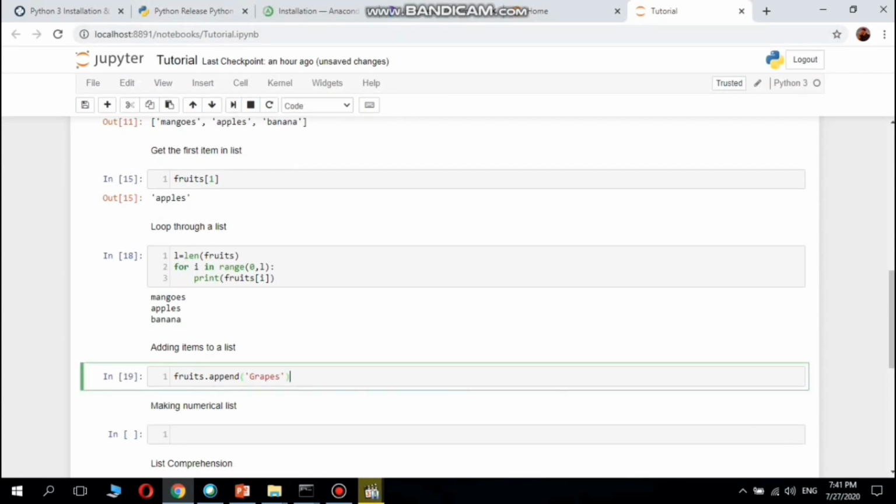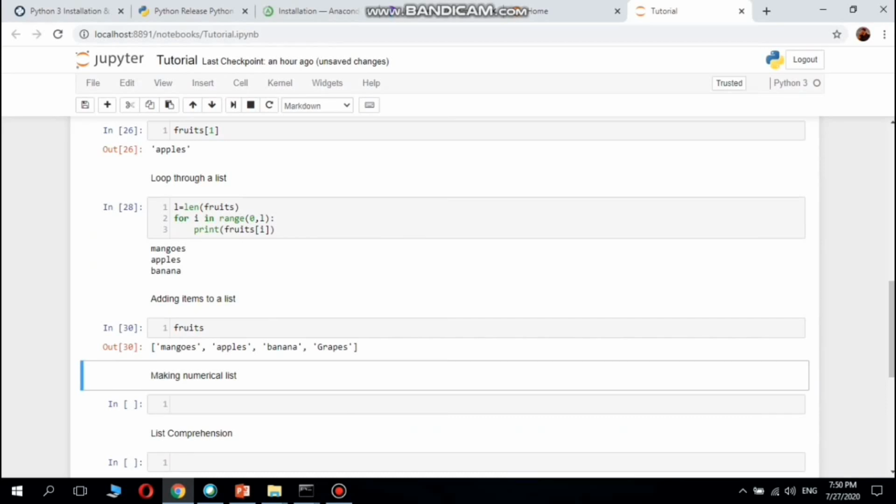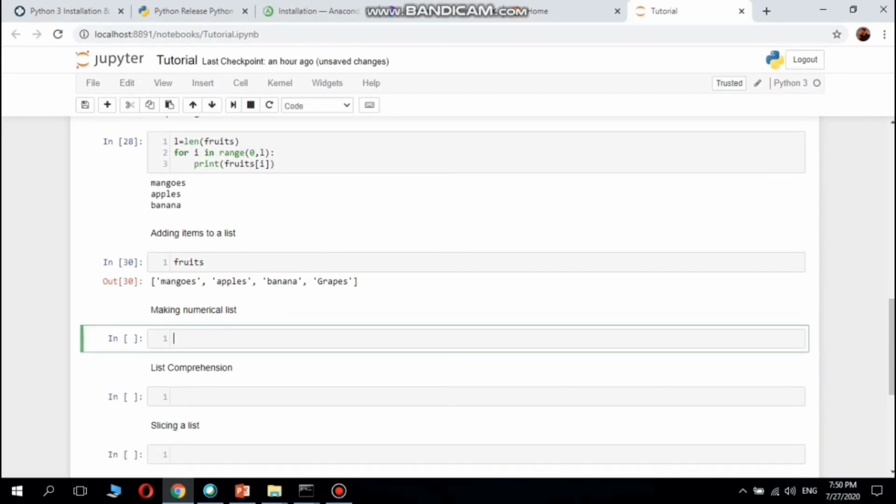Now let's check the value. After adding value to the list, let's just check whether it's getting added or not. Since I've already said that we don't need to write a print statement, yes, it is getting added. So suppose we want to make a numerical list, like an arithmetic progression of the square values from 1 to n. So here we can use